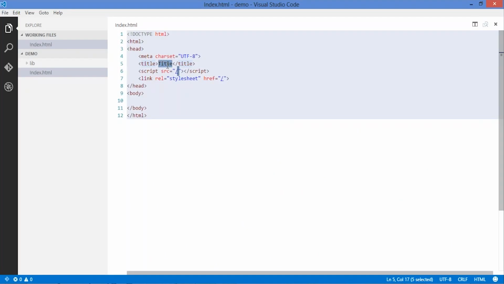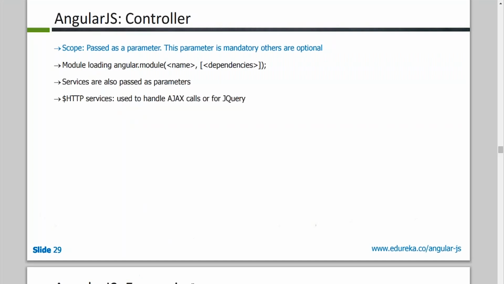At times I'm using NetBeans, at times I'm using Visual Studio Code. If you're comfortable with any other editor or any other IDE, it's absolutely fine. You can use it. It's not a hard and fast rule. And when you're working with your editors, make sure that you're comfortable with your editors and the shortcuts. It will improve your development very much. That's the whole point here. I'm using Visual Studio Code at this point of time, which is very good. That's what I found. You can use that, or you can use any other options available in the market. Okay,